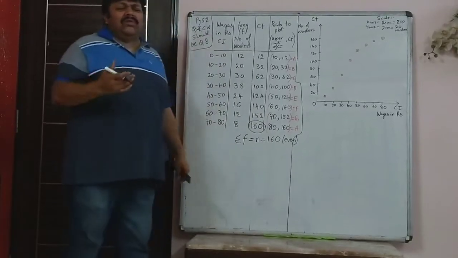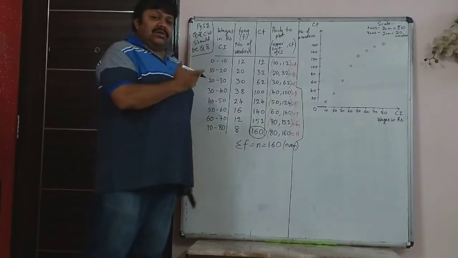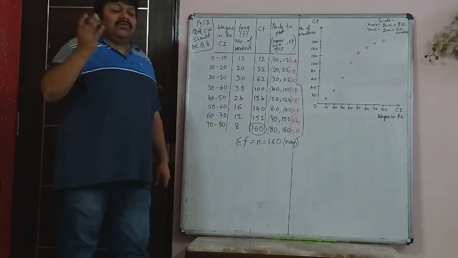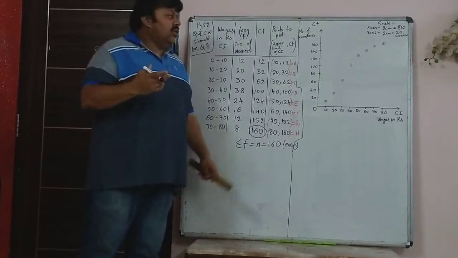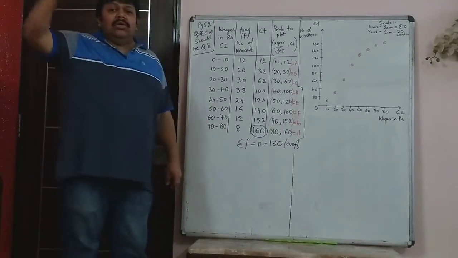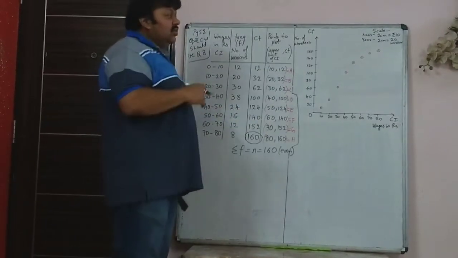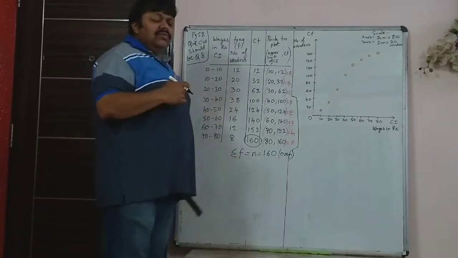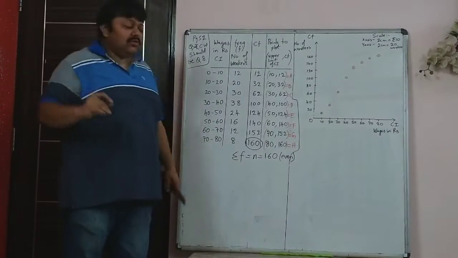Now someone may ask, why are we doing all this? How is it going to help? In mathematics, statistics is widely used to represent data. Even when you see the news or a cricket match, they show how many runs were scored, or they show the bar graph, or they show ogives to see how the runs were accumulated. So all this is very commonly used in maths and in presentations.